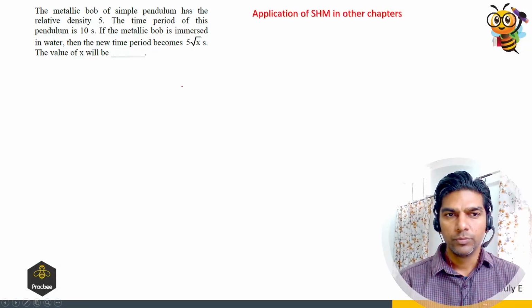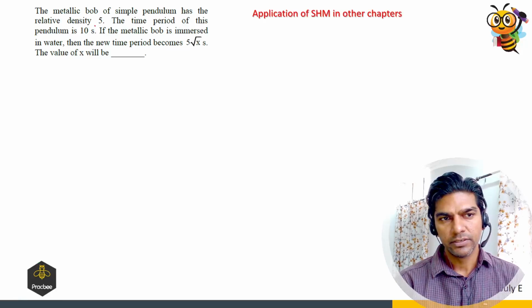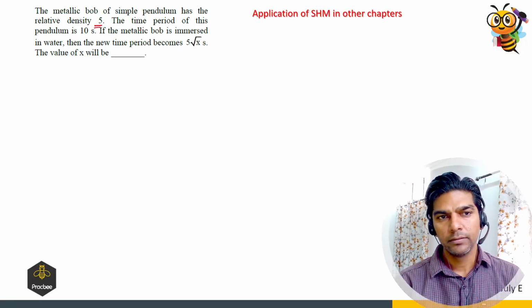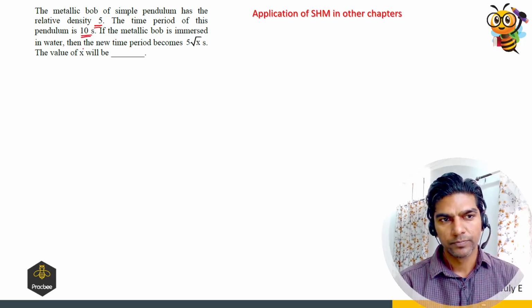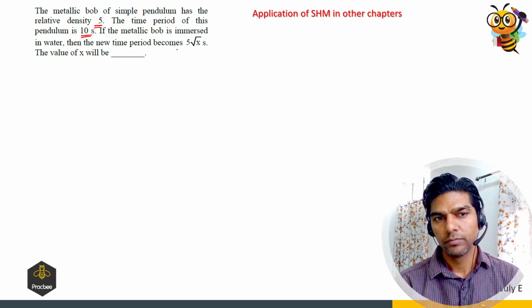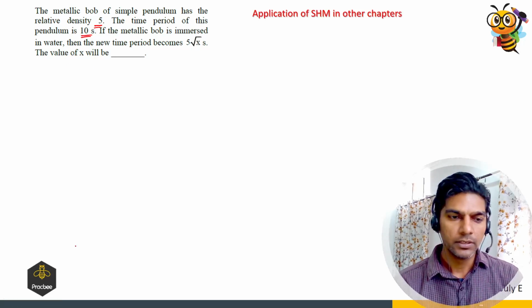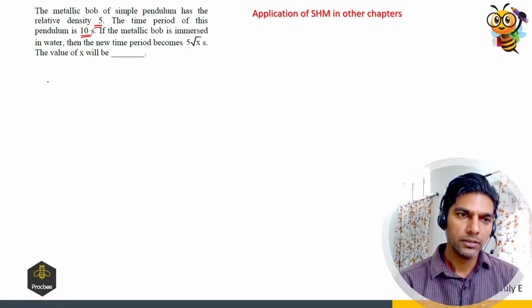The metallic bob of a simple pendulum has a relative density 5, and the time period of this pendulum is 10 seconds. If the metallic bob is immersed in water, then the new time period becomes 5 times root x. We have to find the value of x. So what is happening in this case? When we submerge the setup in water,